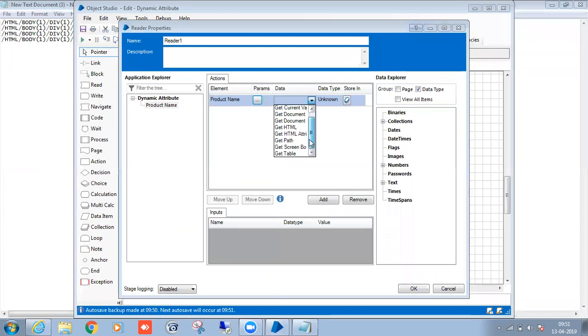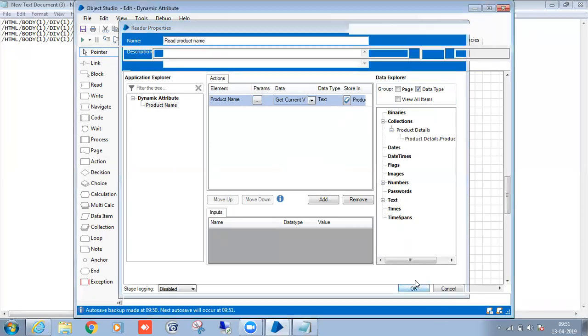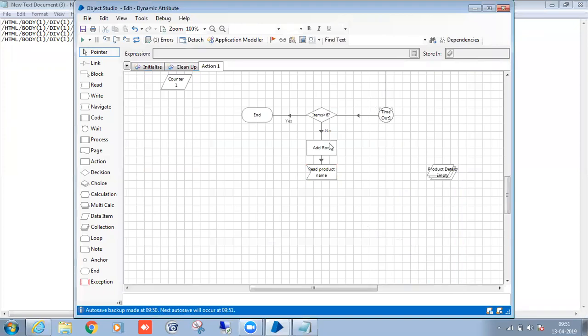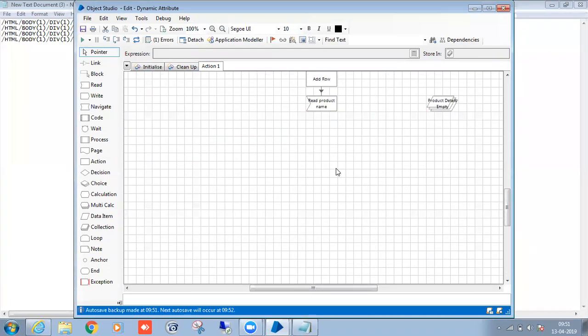See here, get the current value and store it into the collection field. We are reading the value, adding the value, and pasting it into the collection. After that, I will increment the count.